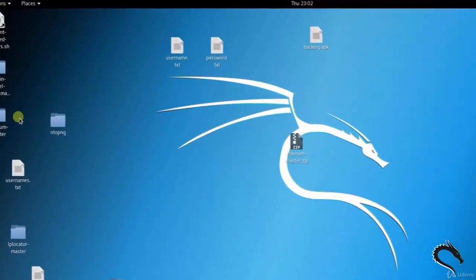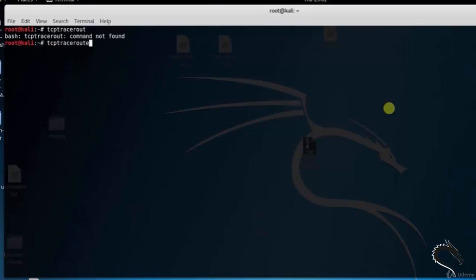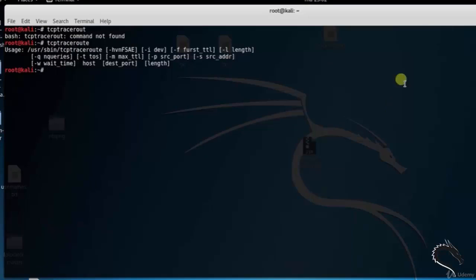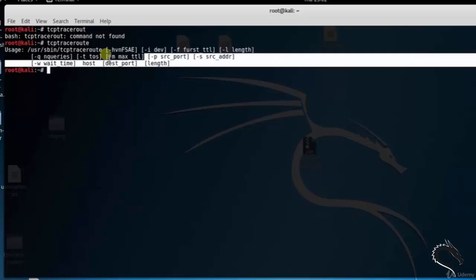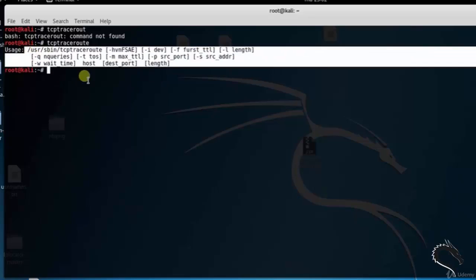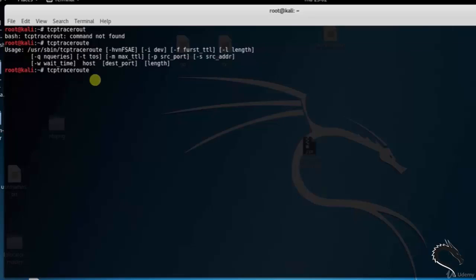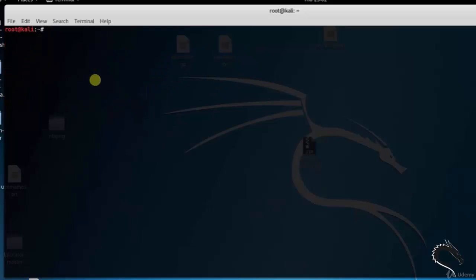Let's open up the terminal and type tcptraceroute. Here you can see the basic syntax: tcptraceroute [-hv], [-n], [-i dev], [-f first ttl], [-t tos], [-l length]. Clear the screen. To trace the path to a web server listening for connections on port 80, type tcptraceroute